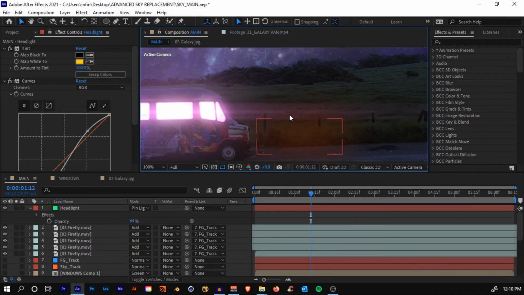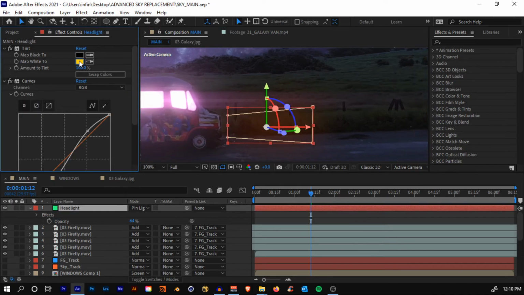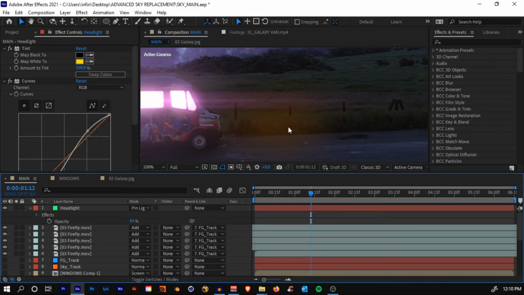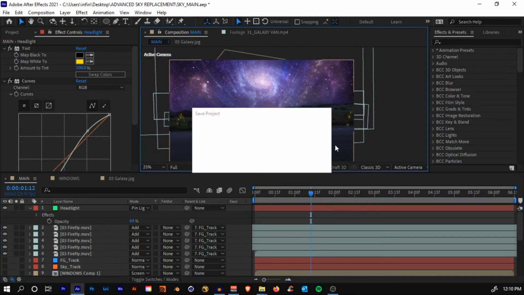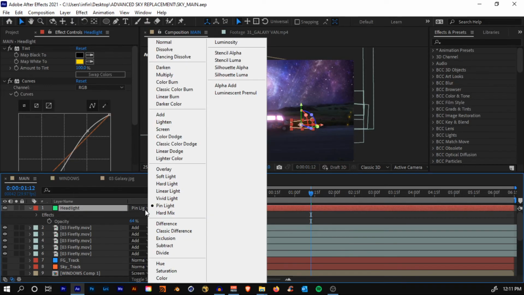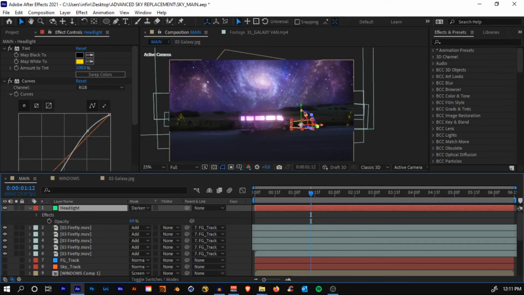Something like that I had done. You get the idea, right? So just mess around with the colors of it. I don't know, I'm not getting the right one now, but yeah, it was something like that. I don't remember, was it, or did I just change the blending mode to something else?